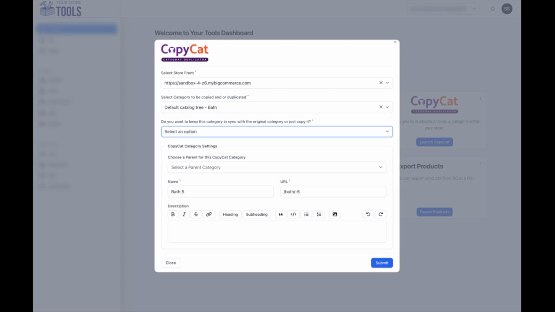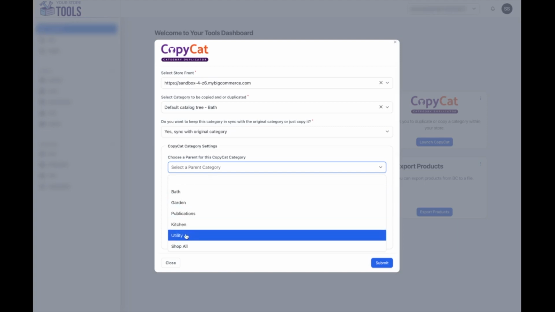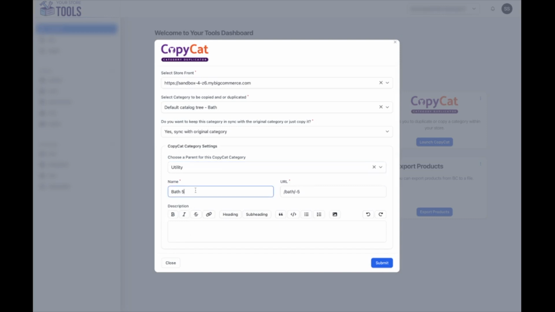99% of you guys are probably going to be using the sync option. So we're going to continue along with sync. Then we're going to choose a parent for where this CopyCat category is going to lie. I am going to copy my bath category and I want to put it under utilities. So I'll give it a name here. We fill something in by default. So we're just going to call this bath